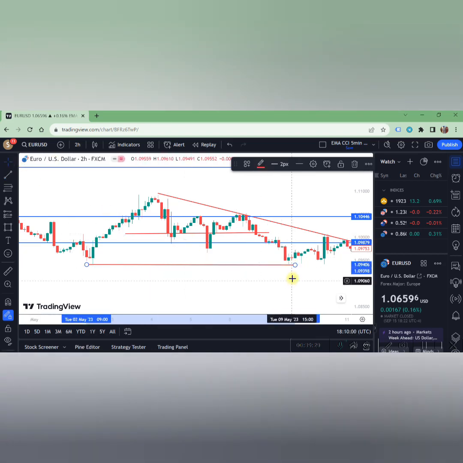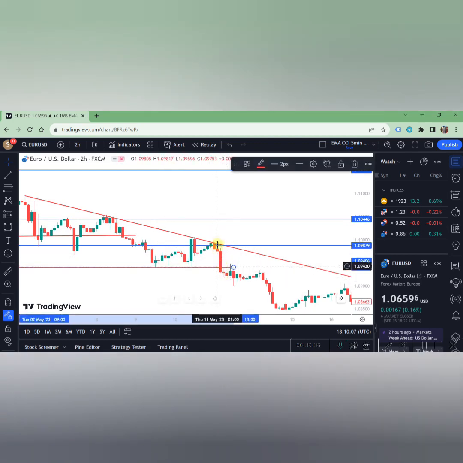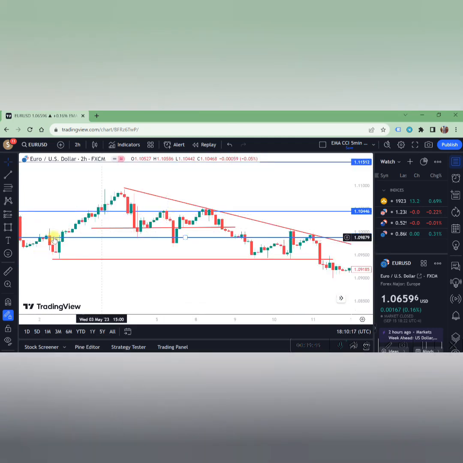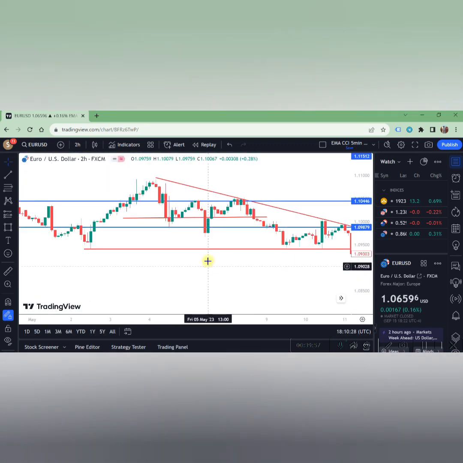And where did that happen? It happened somewhere around here. Okay, let me pull it longer. You see, so this is where the downtrend is finally established. For me, if I was trading, this is when I would start trading, because this is when it finally broke the character that I've been waiting for. Even though there are several breaks of character somewhere around here, it didn't really take out the last low up here. So I'm waiting for the one that will take out the last low here before I can enter the trade. So usually I will wait, but most of the time some people will start trading down from here,